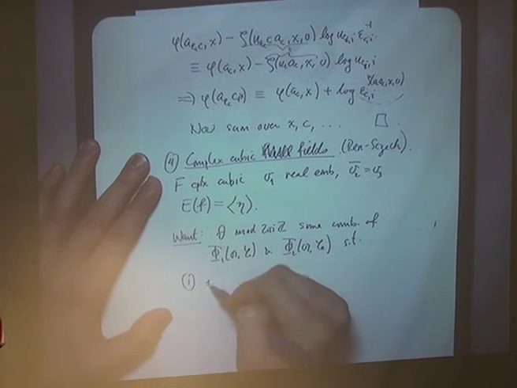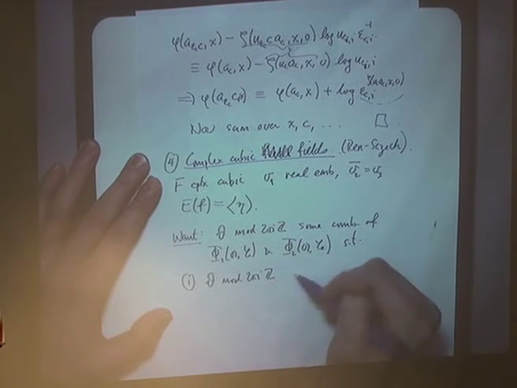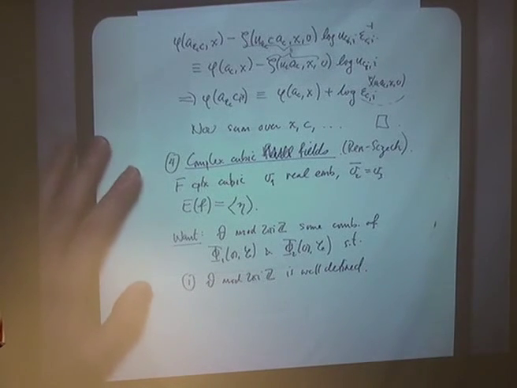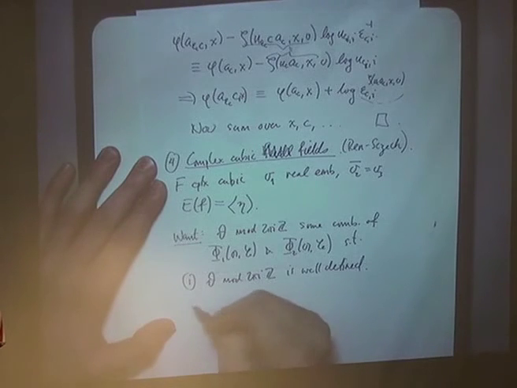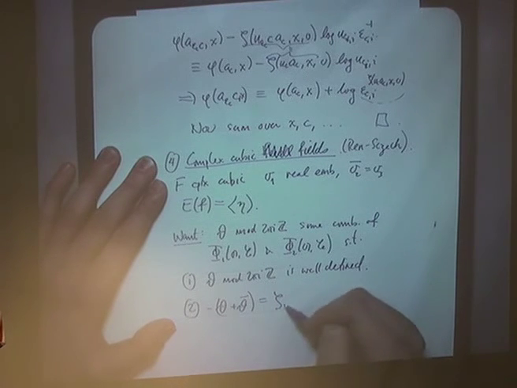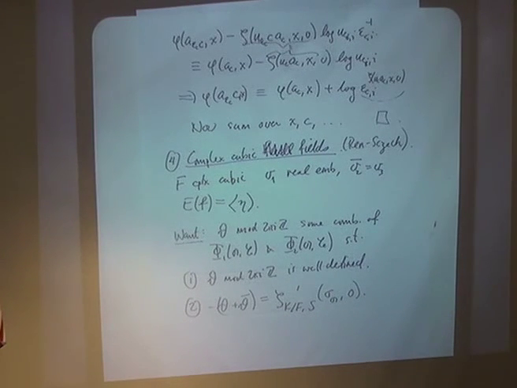First of all, theta mod 2 pi iZ is well defined, does not depend on A or C, and secondly, we'd like minus theta plus theta bar to be equal to zeta K over F s prime of sigma A 0. If we can define a complex quantity theta which satisfies these two criteria,